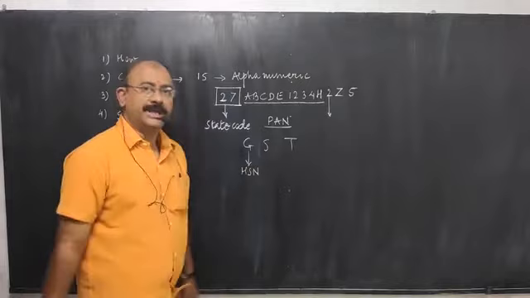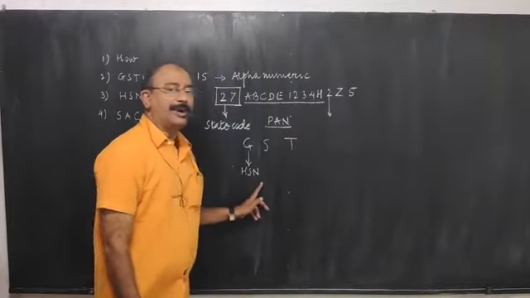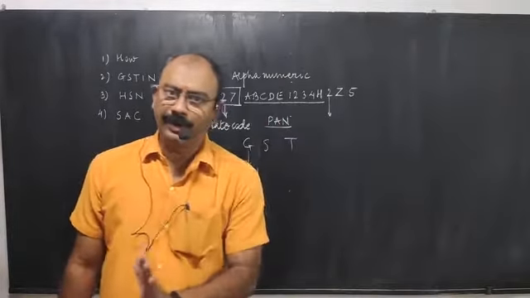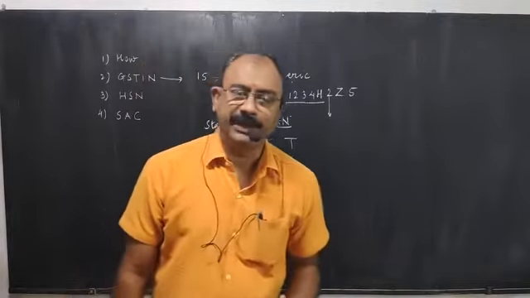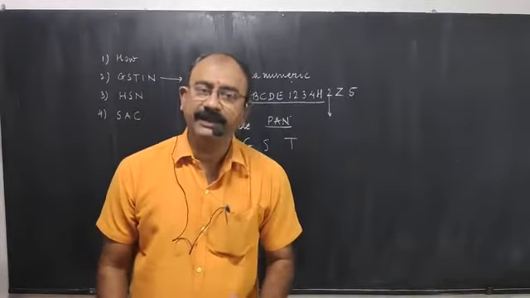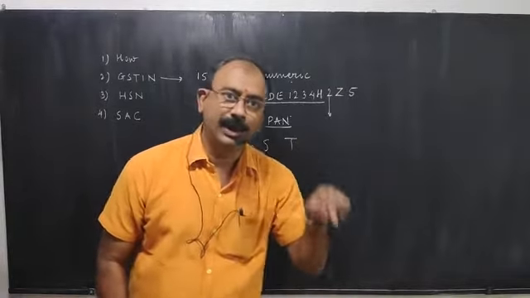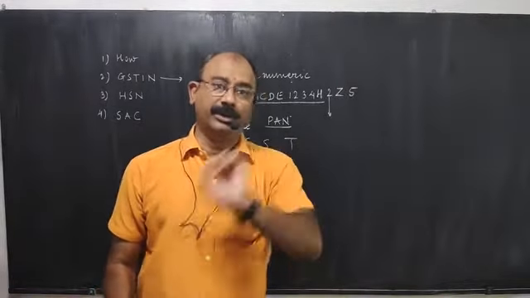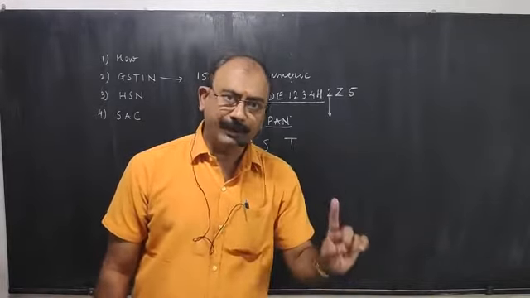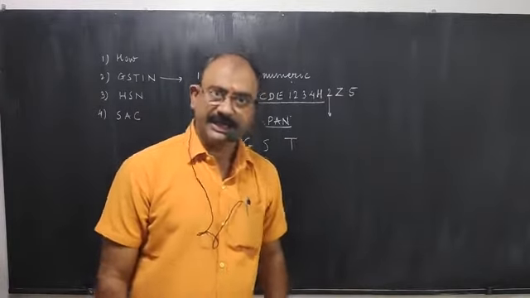And that code for goods is called HSN. The long form is printed in the textbook: Harmonized System of Nomenclature. What is the purpose of giving HSN? It is easier to keep track of the transactions of that particular good, that particular item. I hope it is very clear. So every good has been given a number called HSN.